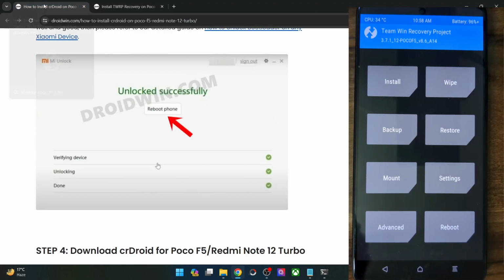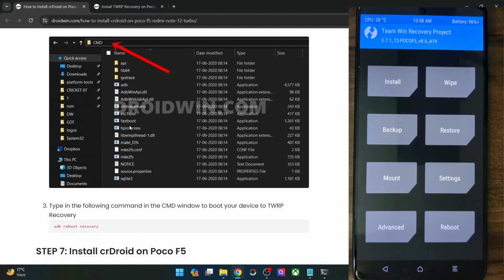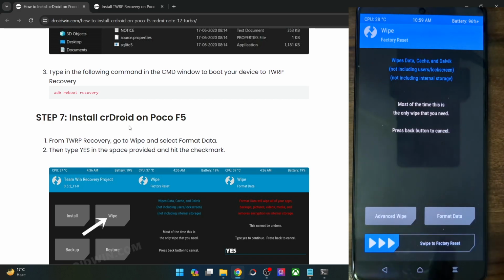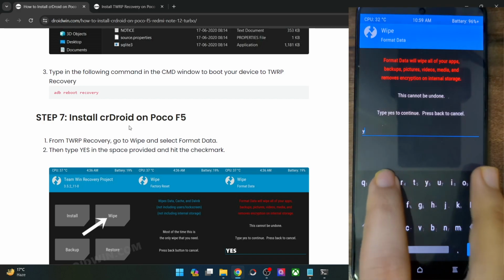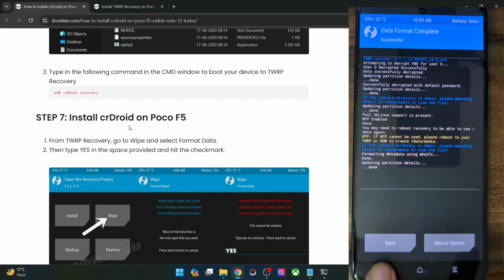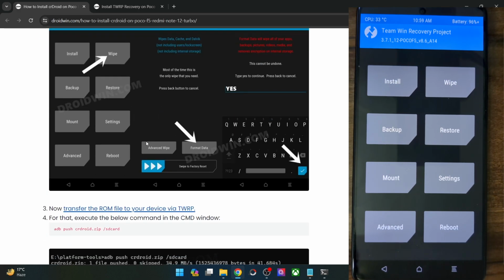So now you could flash the ROM file onto your phone. For that, first and foremost, you will have to do a format data. Do note that this will wipe off all the data from your phone and might make the warranty null and void as well. If that's well and good, then go to wipe, format data, type in yes, and hit the blue check mark. Once that is done, go back, again go back,